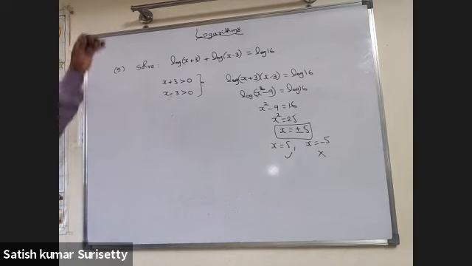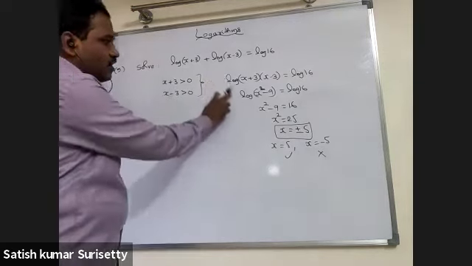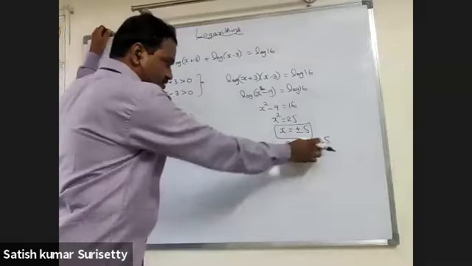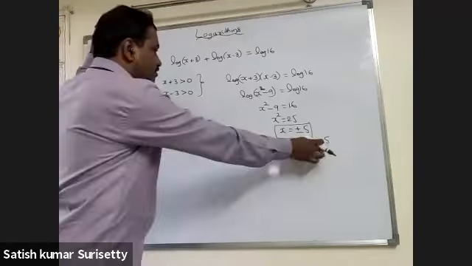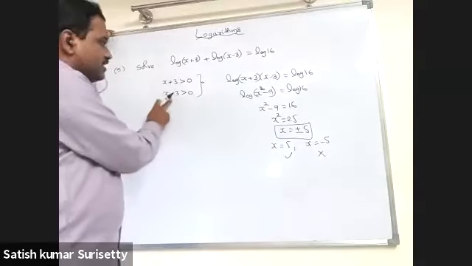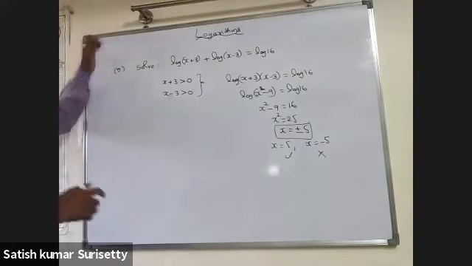Now in the exams, without considering these conditions, you are going to solve this and you will take both the options. Or else you will check whichever option is there that you are going to choose, but that will become wrong. Either you have to write the conditions and verify, or else you verify the original equation always.